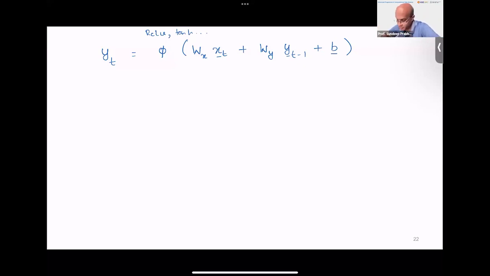Now again, we have the dependency from the past, which tells how the features at the current time should influence the output, and the bias. Okay, so